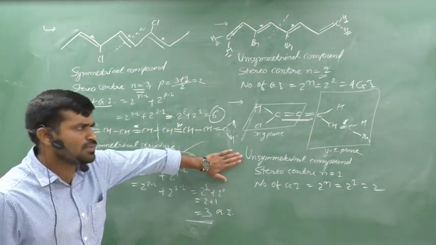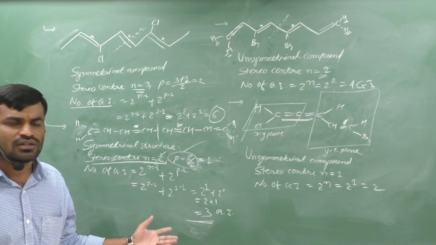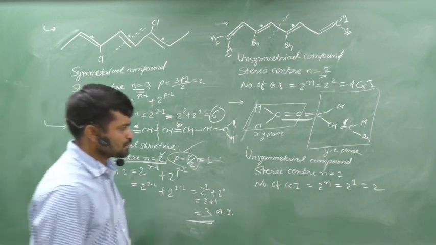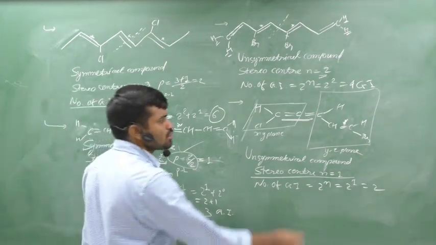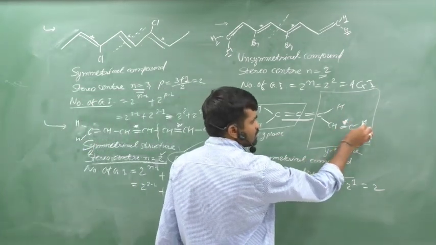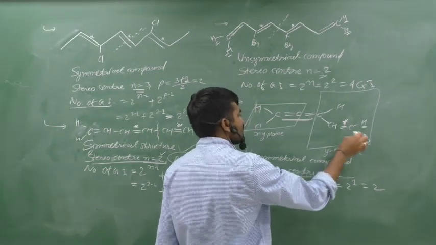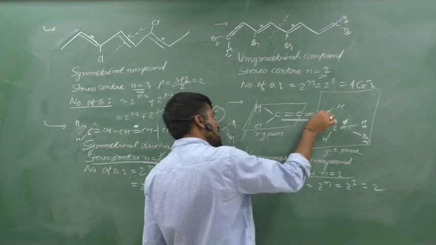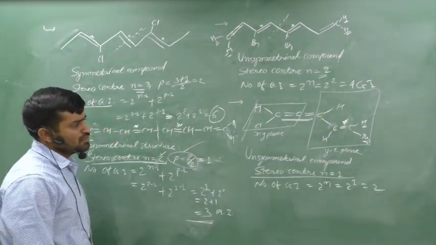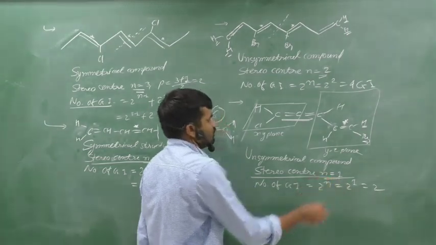The compound is unsymmetrical, obviously, because if you cut it in half, there are two different parts, which you can see here. Clear? The stereo center is equal to 1, because this double bond shows the GI. CH and Br are different; H and Br are different. Here it is C, here it is H. These two parts are also different. From this double bond, the compound shows the GI, and n is equal to 1.